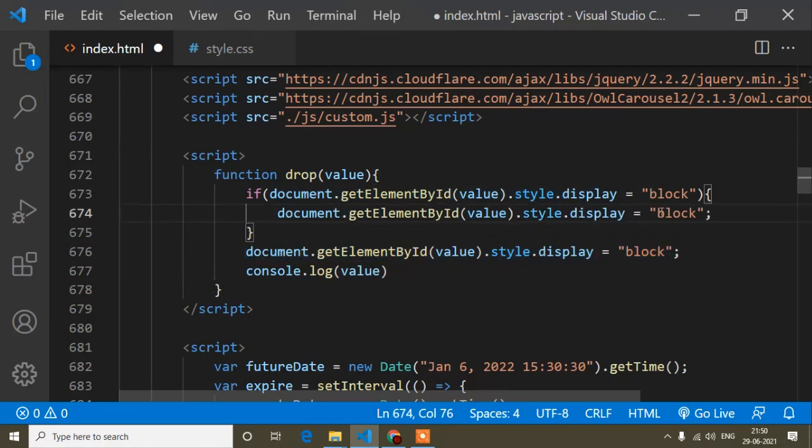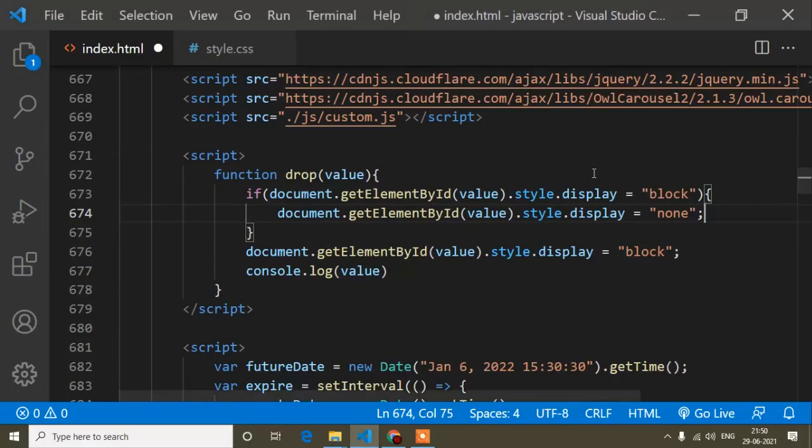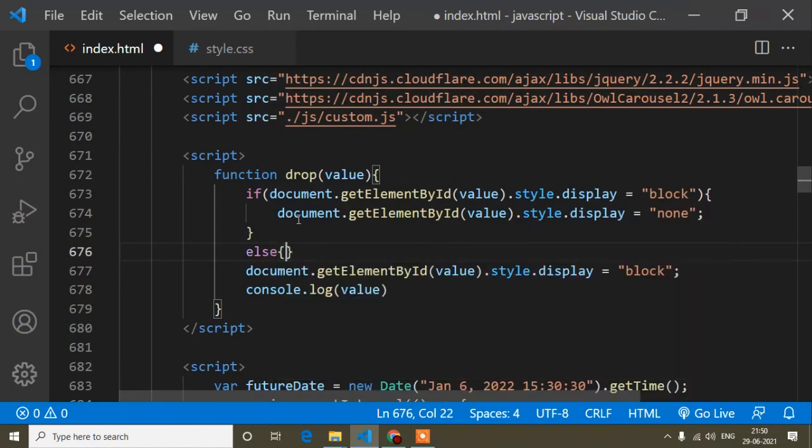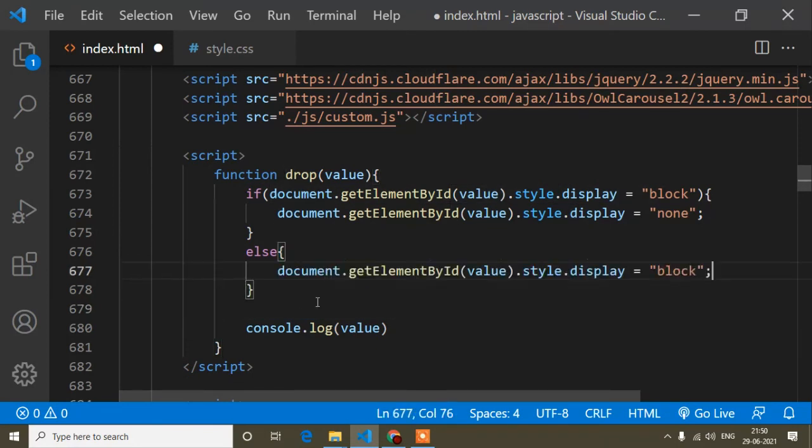I mean if it is already open, I have to hide it, because you can see when it's already open and I click it again, I have to hide it. So that condition I have written. If it's already open, that time it will hide, but in the else part, I mean if it is not open, that time I have to write block.